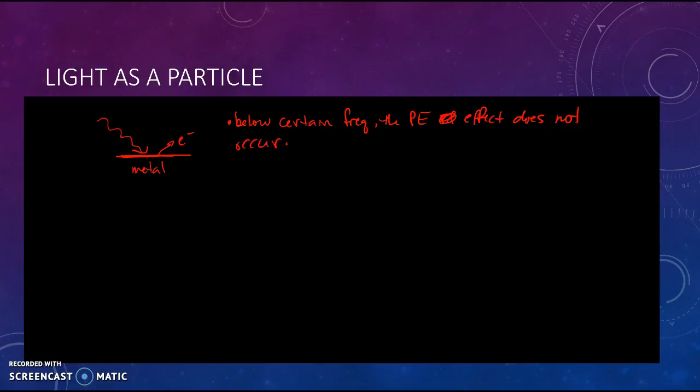And so someone had to explain this, and that someone who finally explained this was Einstein. And you can read in your book if you're interested in the history of how this was built up. But what Einstein said is, you know what? If we treat light as a particle instead of a wave, I can explain this. And the way I'm going to explain it is I'm going to say that light consists of photons. Okay, so a photon is a particle. It's a particle of light. So a photon is a massless particle of light. And if we treat it like that, the energy of one photon